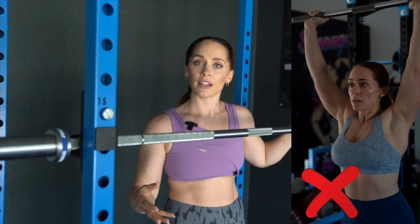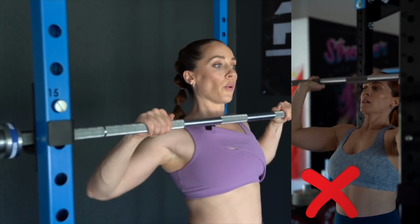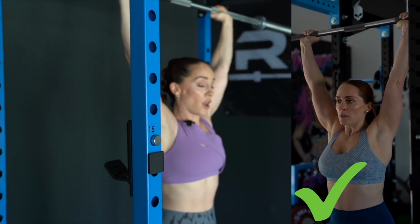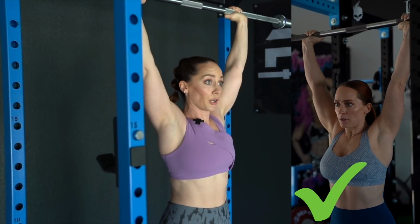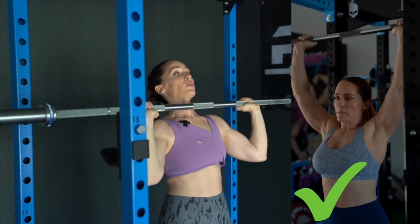Just like your first deadlift rep in a set of 5 or more is going to be the hardest. That's why I always say, unrack, get through that first rep, and then rest up here, brace up here, and then do your next rep. So I would do rep 1,